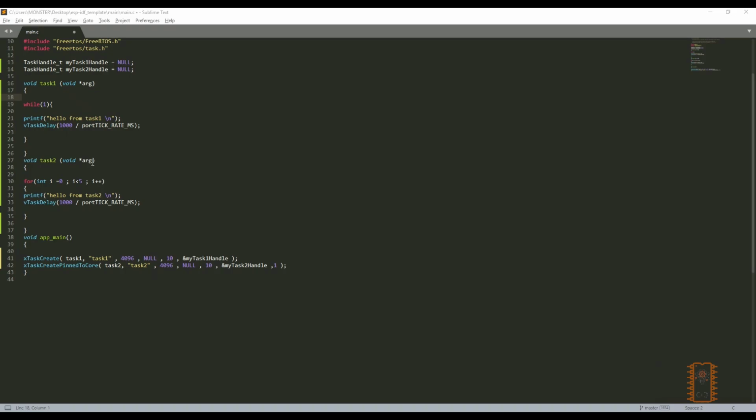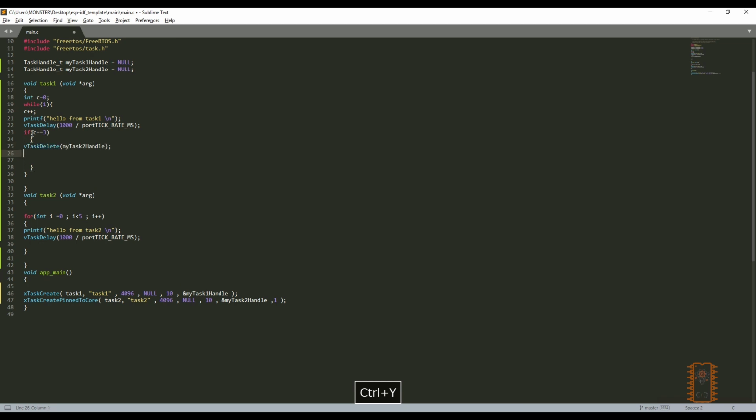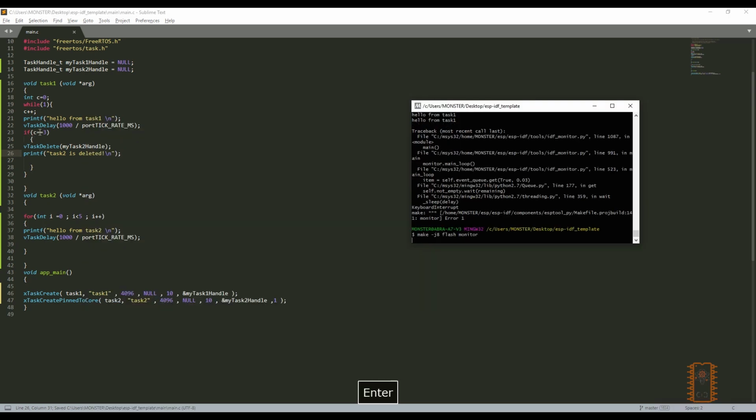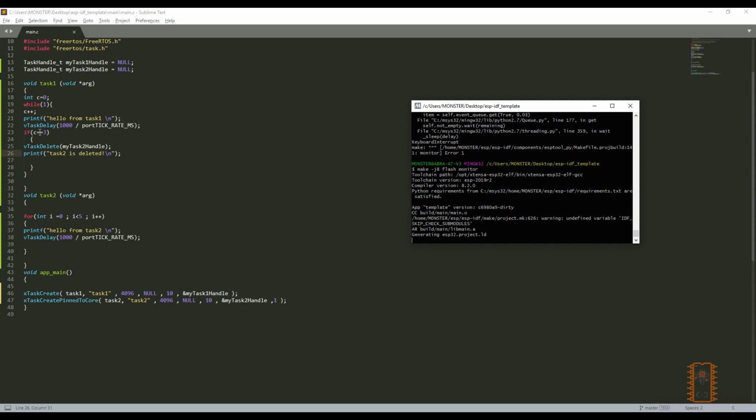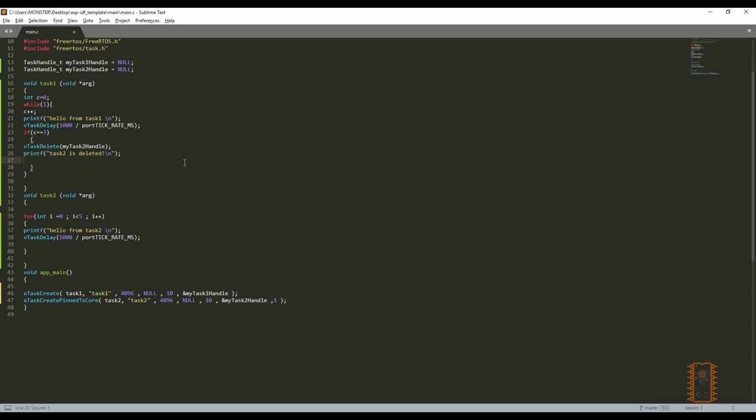Firstly, let's use the task delete function. As we know, task 2 will finish after 5 minutes. So let's delete it after 3 seconds to abandon the finishing of it. From task 1, let's create an integer to count seconds, and when it reaches 3, delete task 2 and print it to the console. You see, when task 2 sends 3 messages, task 1 deletes it, so the ESP32 didn't reset itself.